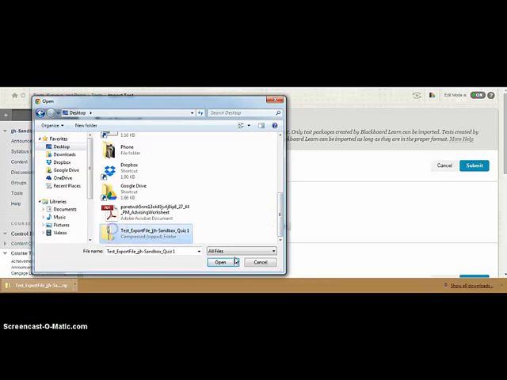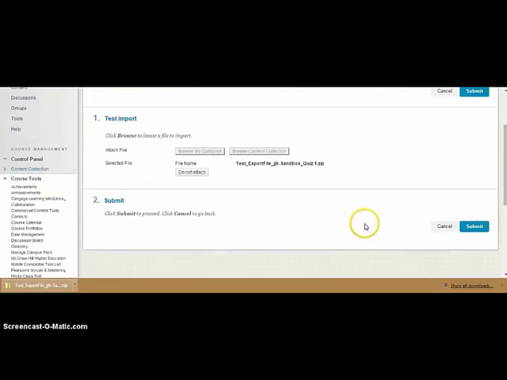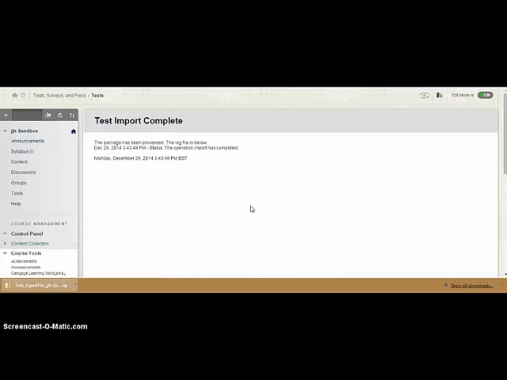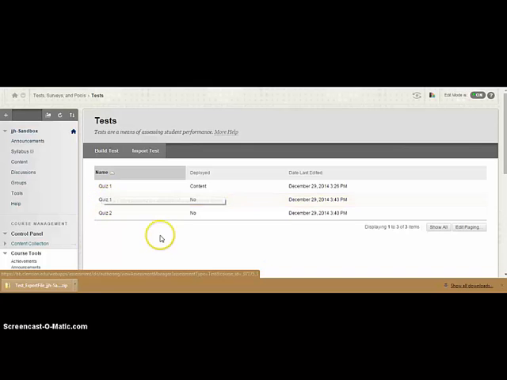Here it is. We select the file and click Open. You can see that the file is now attached. Click Submit, and it will take a couple of moments, and then you will see the message that the file has been processed and the import is complete. Click OK, and you'll see there's our copy, and it has the same exact name as the test that we